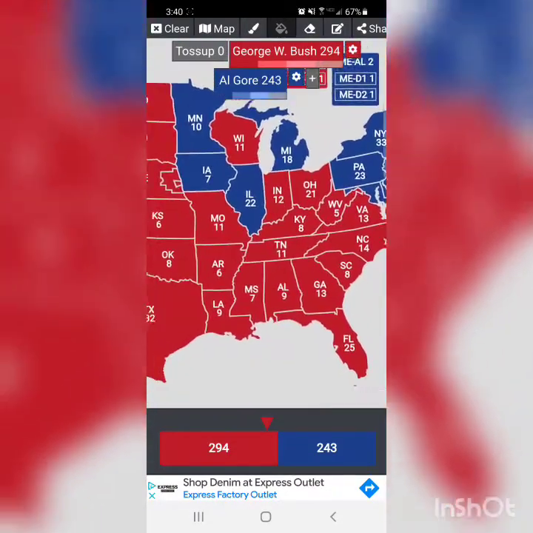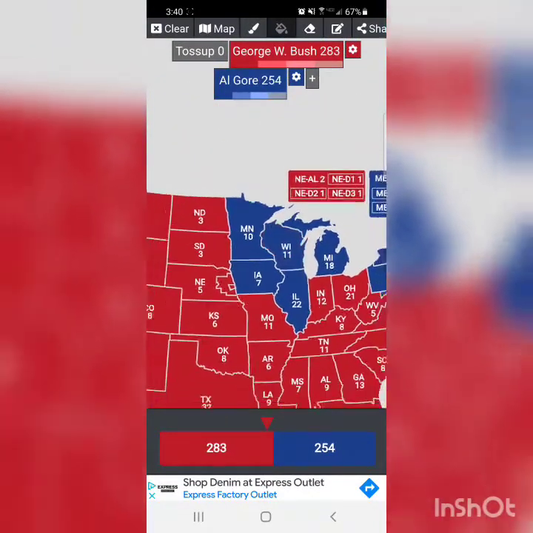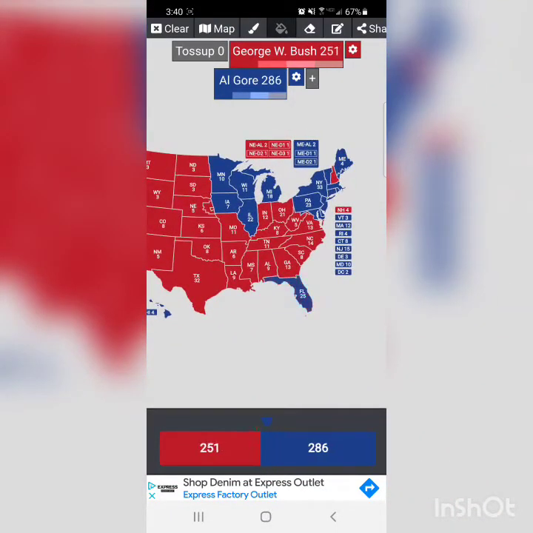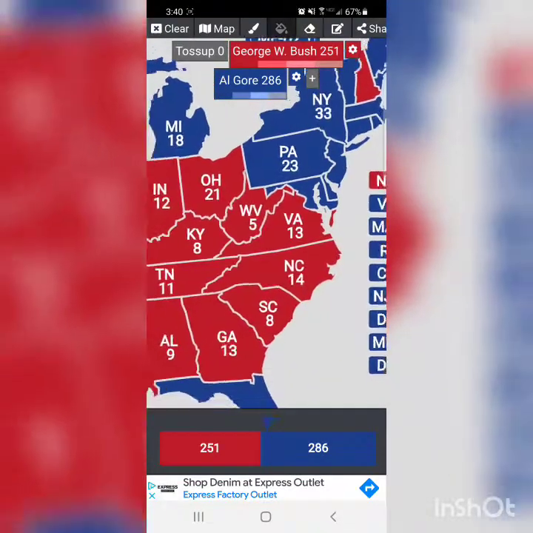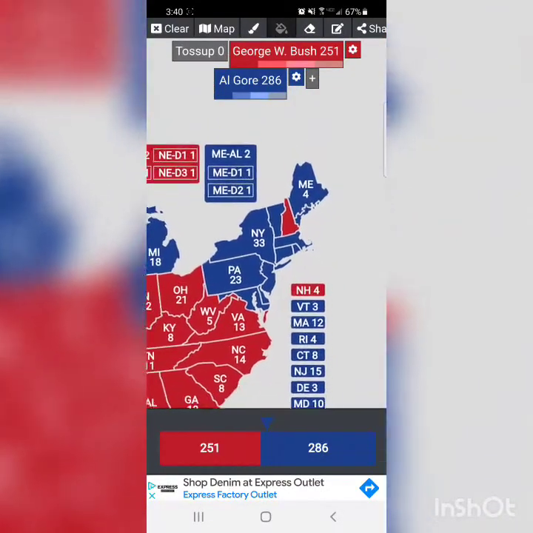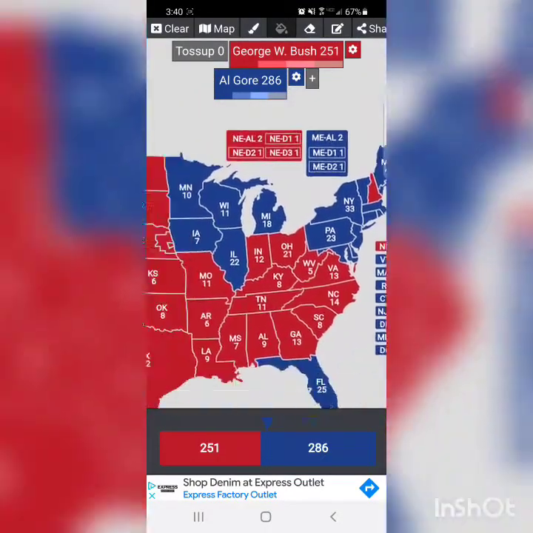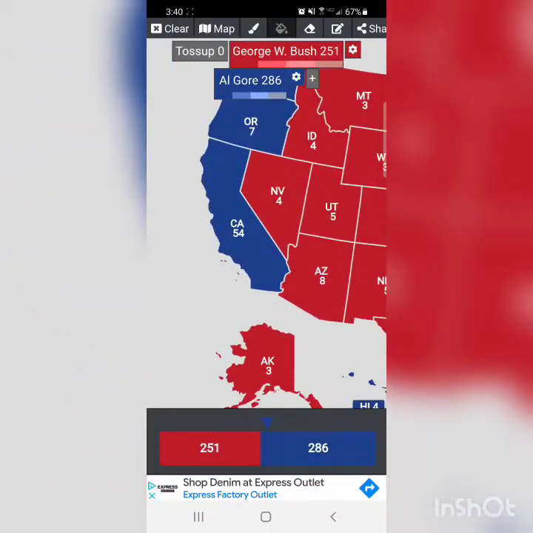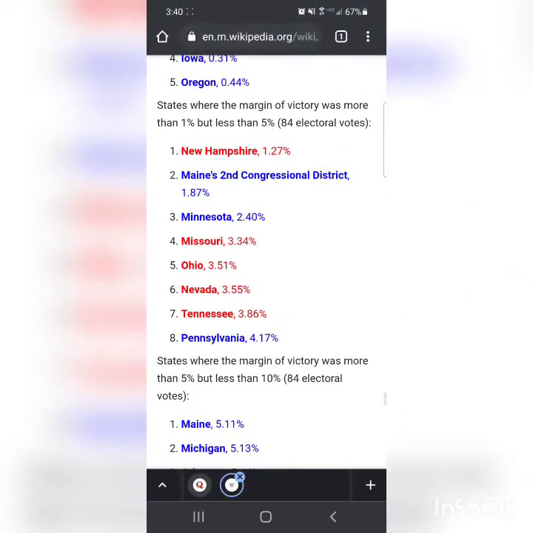The South was no longer competitive. They lost Florida. The Rust Belt looked like it was starting to wane, but the most likely result is Florida goes red. Virginia was red at this time. New Hampshire was still pretty red, along with, well, Maine's districts are weird. I don't have to worry about that. California was actually only won by Gore by 9 points, I'm pretty sure. All of these states are really close, so, I mean,